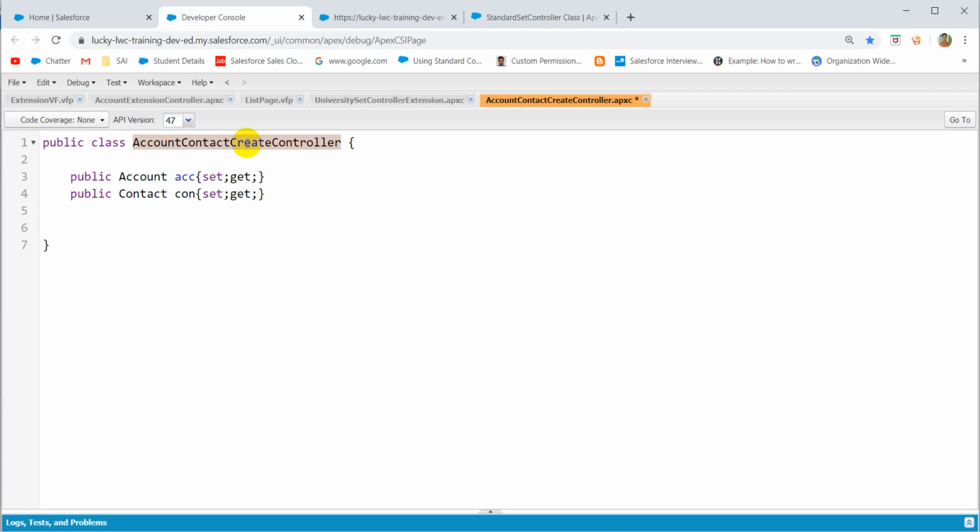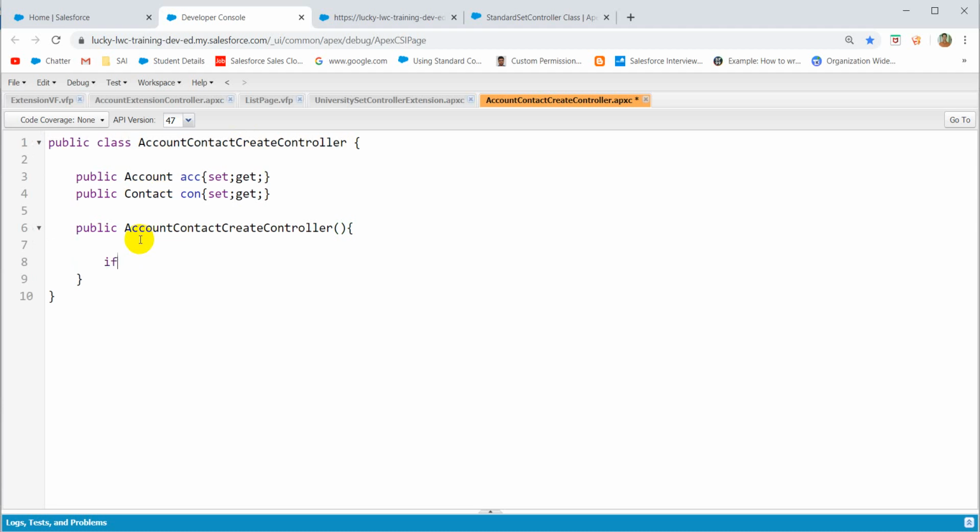Now have a constructor first, public constructor. Here you don't need to pass any parameters because it's not a standard set controller or standard controller, so it's not an extension, right? Simply use like this, then create the values. If acc is null, in the Visual Force it will throw the null pointer exception. Okay, if contact equals null,